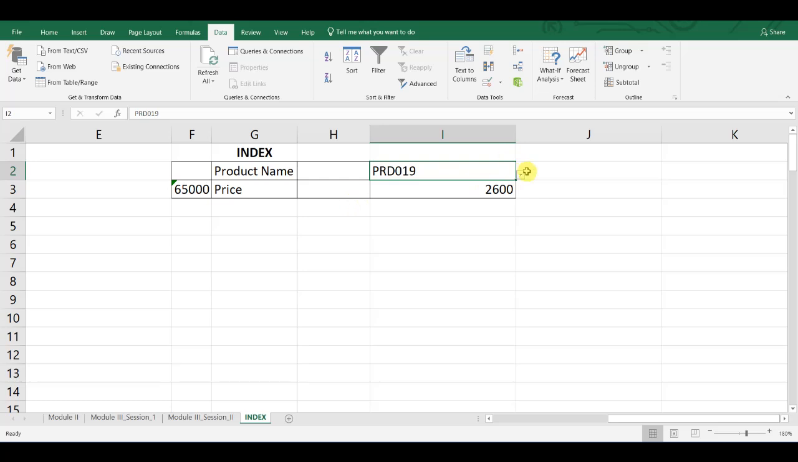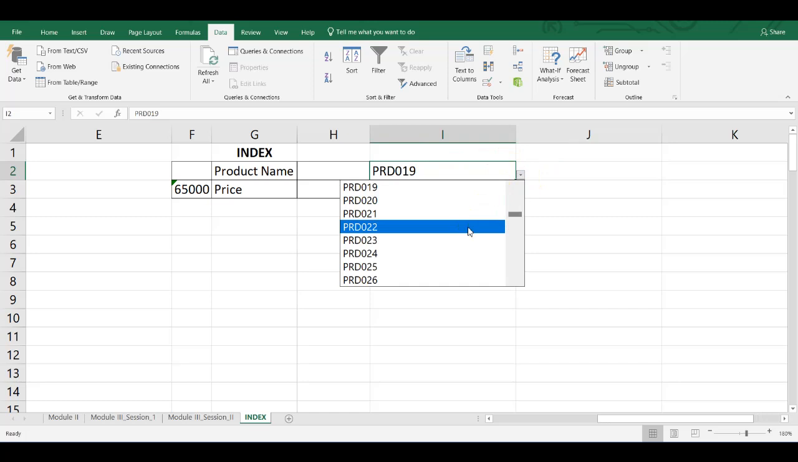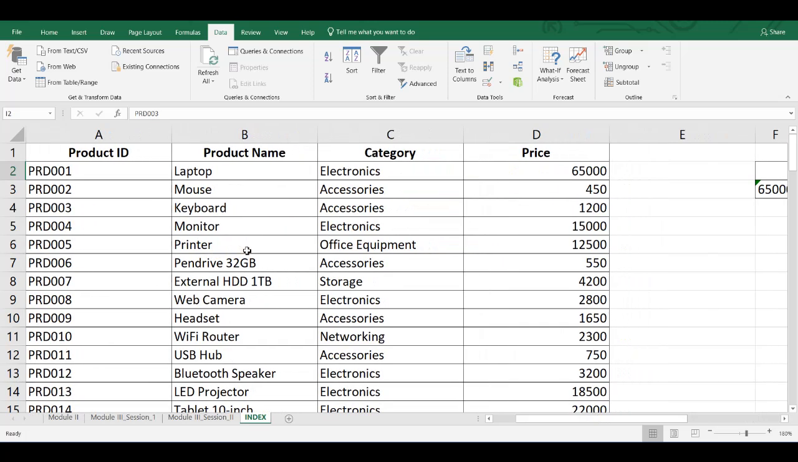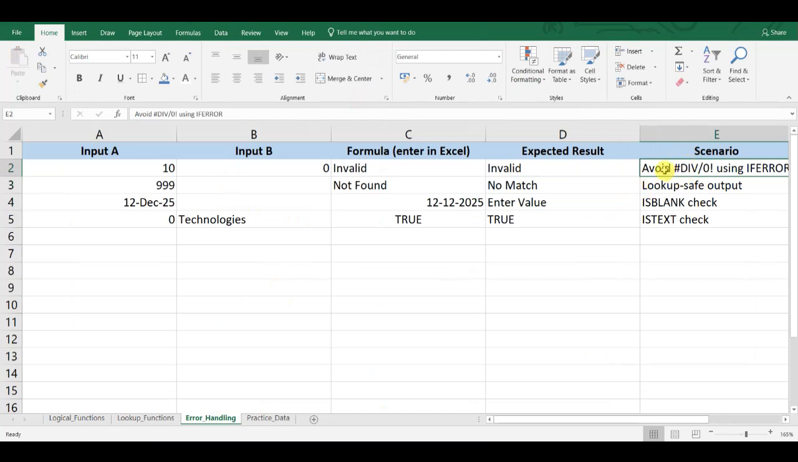So we will choose a product now, and then see what is the corresponding price value. I'm choosing product 003, wherein 003 we have a product value of 1200, right? Next we will see the error statements, in which first we have seen how to handle the divide by